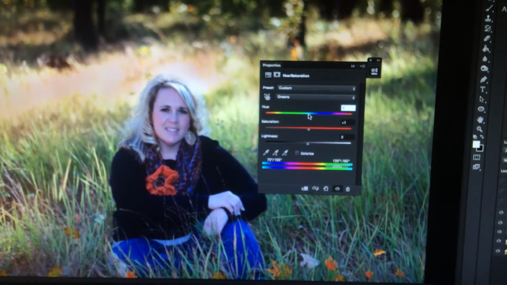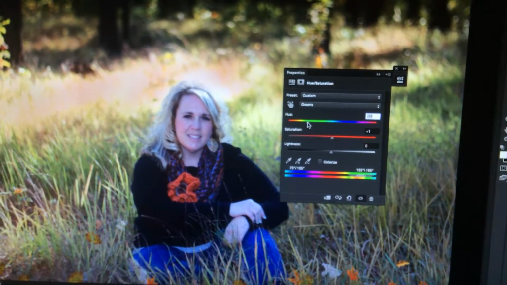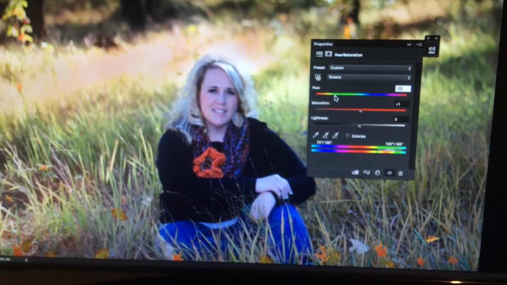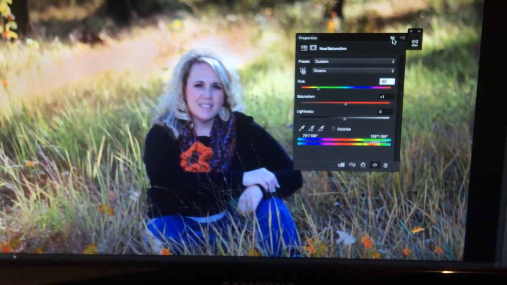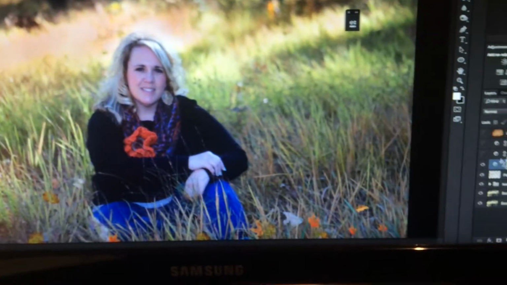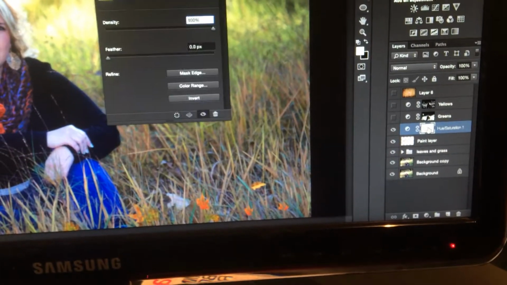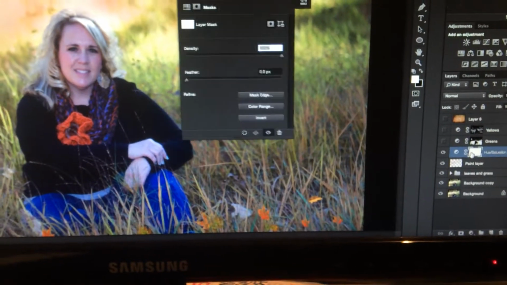So I took my hue slider and I just eyeballed it until I found something, see right there how I kind of turned it more into a fall sort of color, where the grass isn't quite as green. So just eyeball it and do that. And then once you do that, it'll add a mask automatically, but you want to go ahead and invert that mask